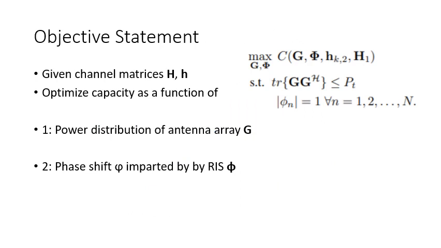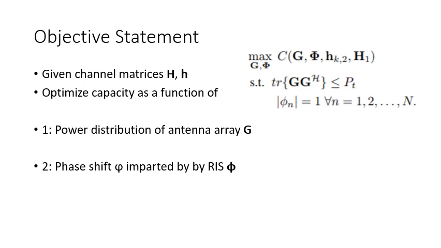So now we arrive at the problem. How do we configure the two beamformers to maximize the capacity of the channel? This problem is highly nonlinear, and it can take thousands of parameters to optimize, making machine learning techniques a good